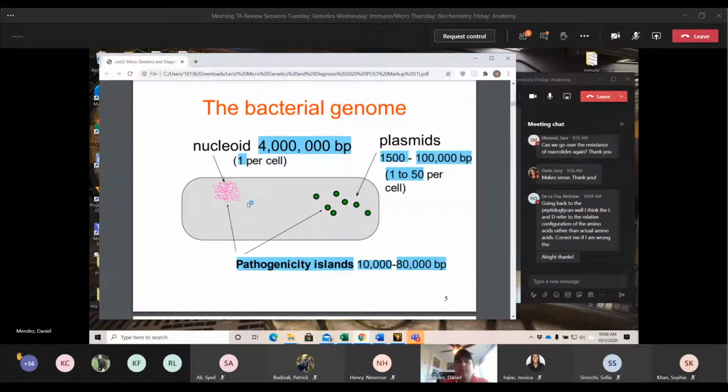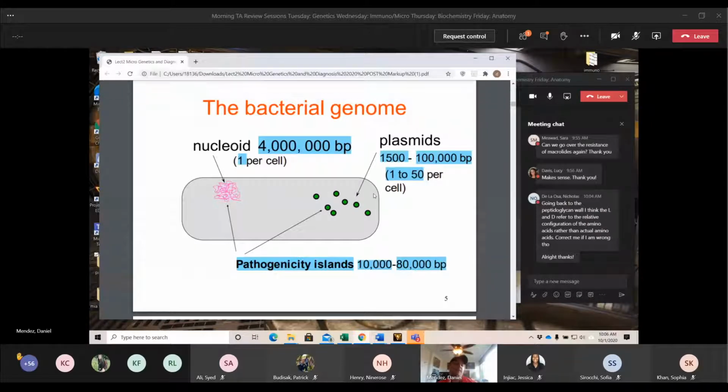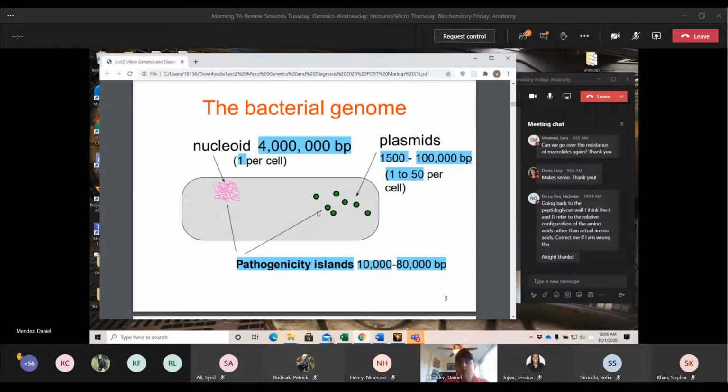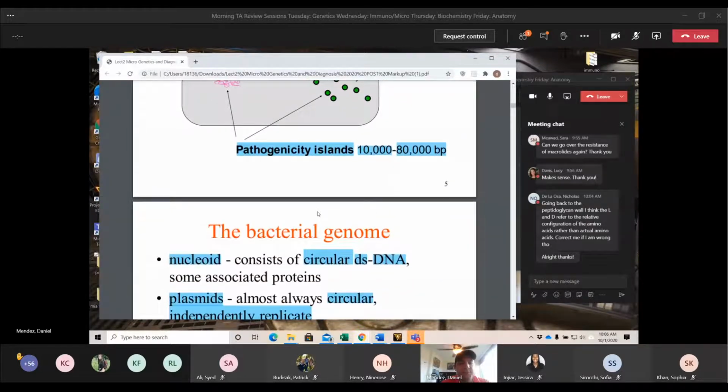So we have one nucleoid per bacterial cell. Plasmids, on the other hand, we have more than one. Remember, plasmids can carry virulence factors or antibiotic resistance. So we're going to see a lot of them in something like MRSA. A very antibiotic resistant bacteria will have a lot of plasmids, and also it's very deadly, so it has a lot of virulence factors. So you're going to see a lot more plasmids in that case. And then pathogenicity islands. These are in both, because this is what actually makes the bacteria a pathogen. We'll go into later what differentiates a pathogen from normal flora. I think that might be in the next lecture.